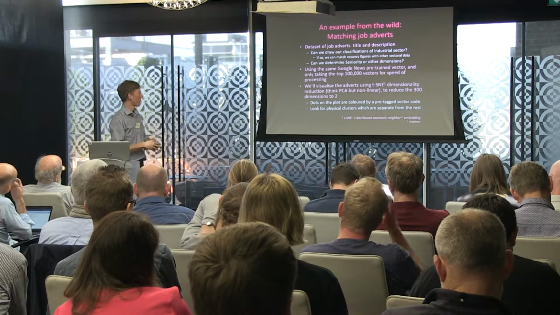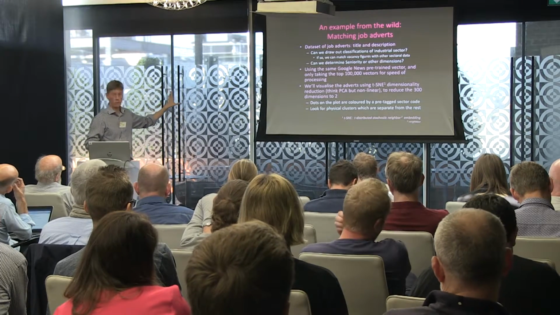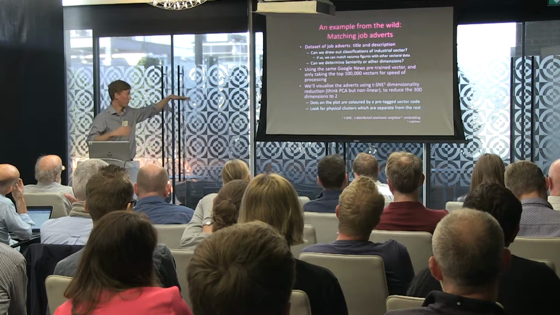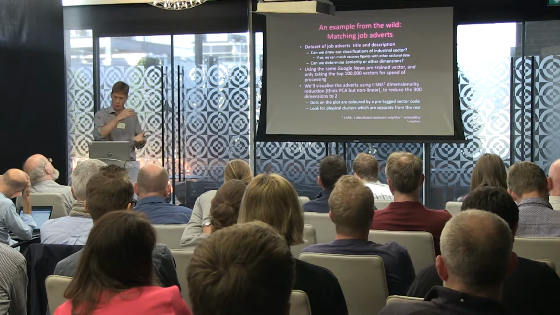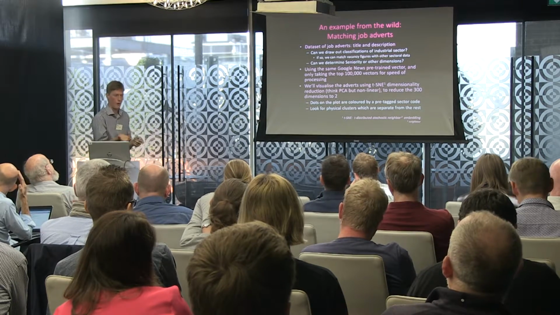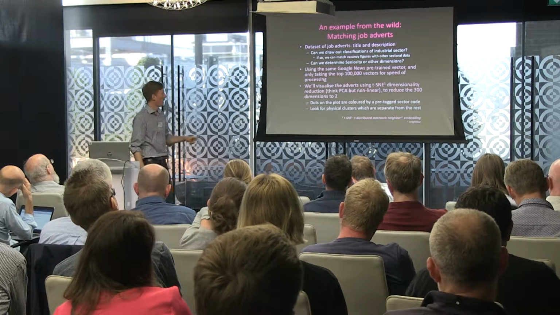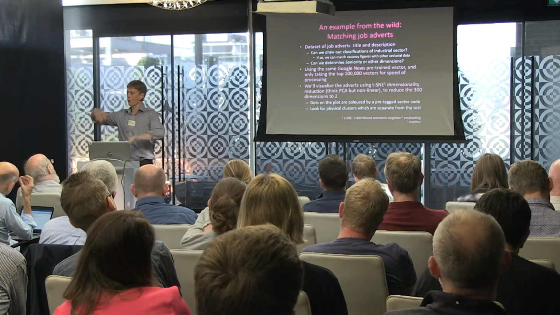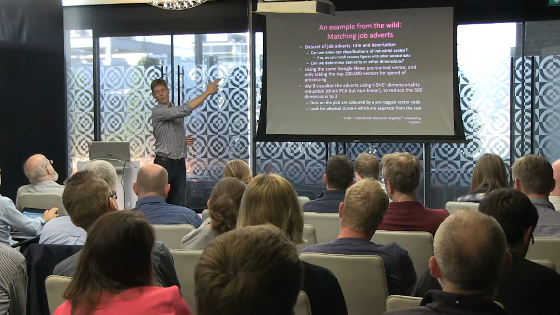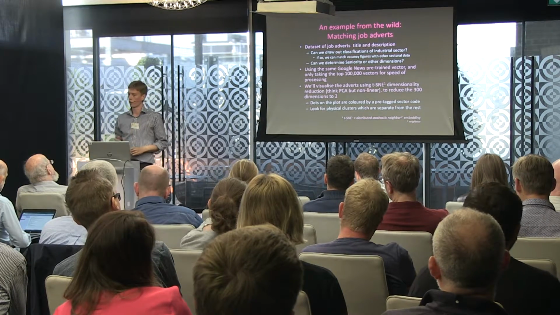So for this example, we use the same Google News, the same top slice, just for speed. We lose some of the rarer words, but this lets us get something out quickly. And we're going to show it in a picture. Now, these vectors are 300 dimensions long. That's quite hard to look at.